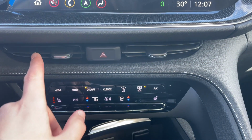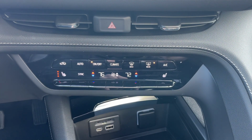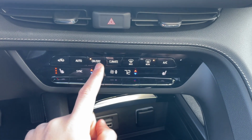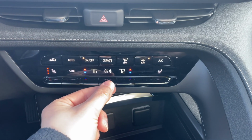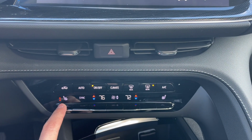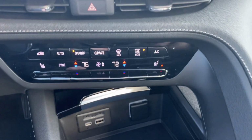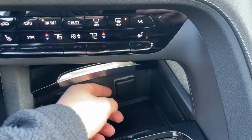And right here there are going to be some AC vents, emergency light button. Climate controls are super easy to use. They're going to be an auto function and a sync function, and here is the off and on. You could control the fan speed from here, and it's going to display it on the screen. And here are the heated seats for the driver and passenger, of course. And in the bottom they're going to be an SD card, USB-C, USB, and a 12 volts,